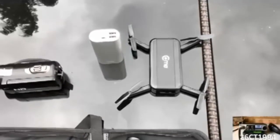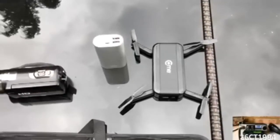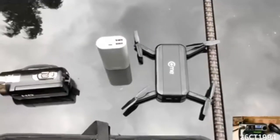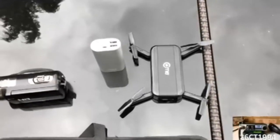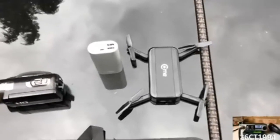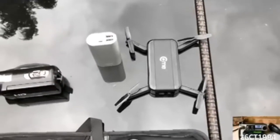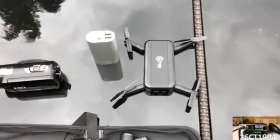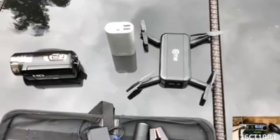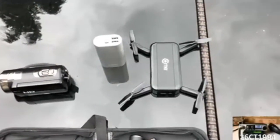And a find me, so you can send it out and just click one button basically, and it will return back to you, automatically framing you in the shot and all that sort of stuff. And it's very easy to do a takeoff and a landing, again because of the GPS. So I've lost about 3 different drones in the past, and I'm trying to make a habit of not losing them. So this is the latest addition to